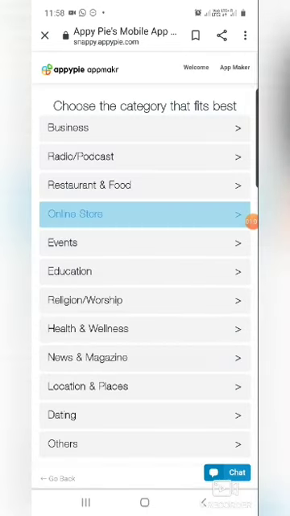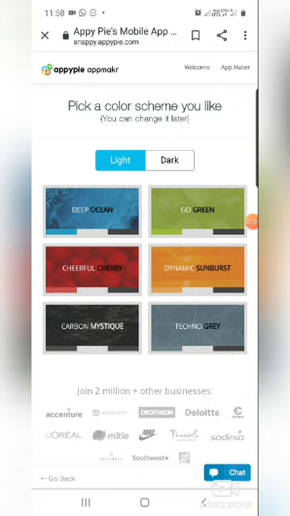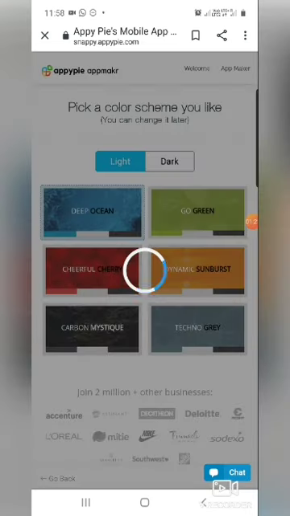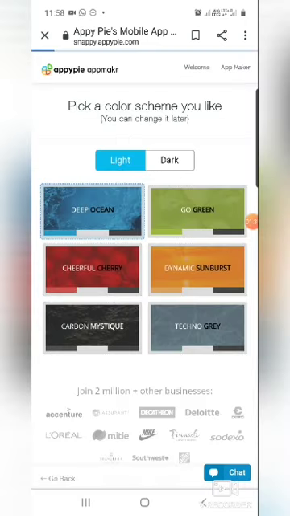IITM, and then you can choose the category: business, radio, restaurant, online store, event, education. So it is education. Then you can select the theme. You have two themes, and you can change it later also. It's the dark one and the light one. So I'm taking the light one, deep ocean. After selecting deep ocean,